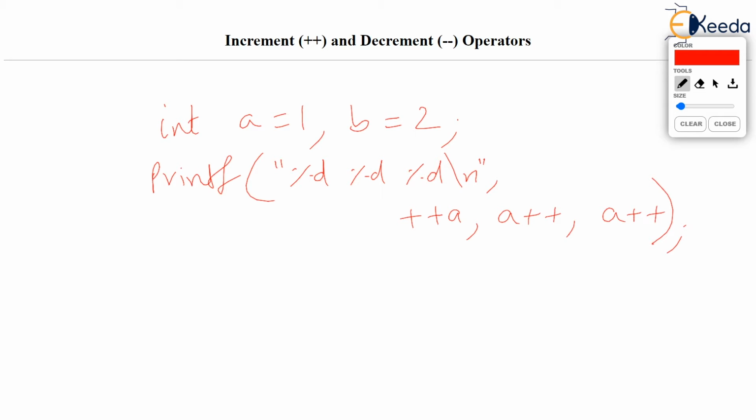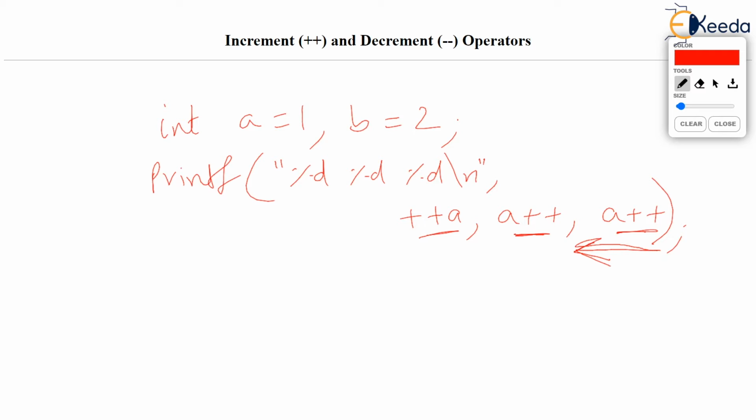Now three expressions are given in this printf. Then printf always evaluates the expressions from right to left.